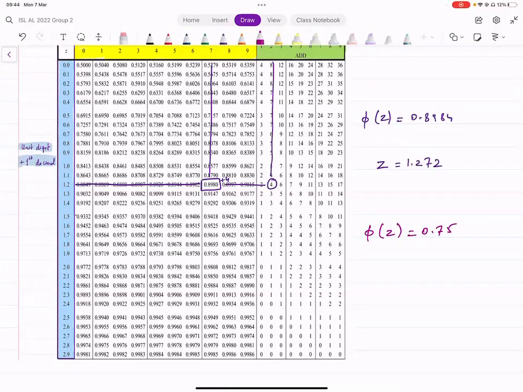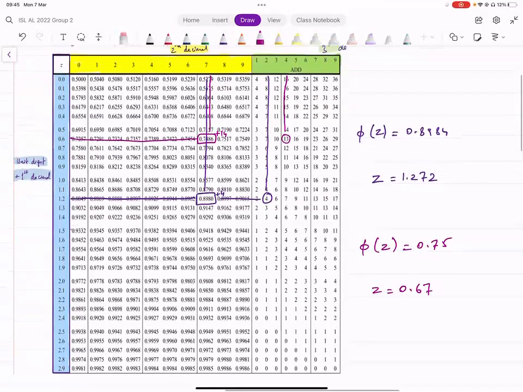0.75, let's find 0.75, 0.75 तो नहीं है, but we've got 7486 here, ठीक है, 7486 के ऊपर और साइड पे क्या आ रहा है हमारे पास, we are getting 0.6 and 7, that's the first and second decimal places, and then how much do we have to add here, 0.75 पे जाने के लिए we have to add 1/4, 1/4 is going to be somewhere between these two values, लेकिन किसके ज्यादा क्लोजर है हम, 13 के, so we use this value here, that's 4, so we say this is 0.674, ठीक है, ये क्लियर है सबको यहाँ तक,